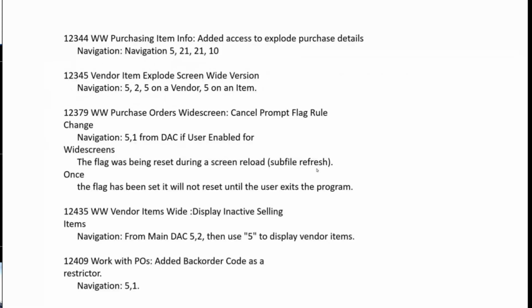Moving along. Work with purchasing item, added access to the explode screen. I'm going to kind of cover both of these at the same time. And this other one, purchasing, I'm just going to talk about that issue, but let's go over here and look